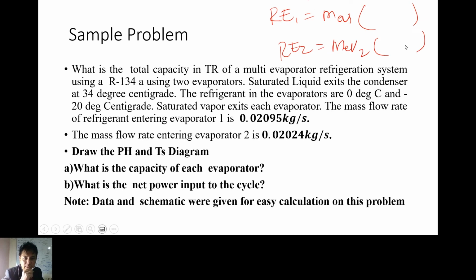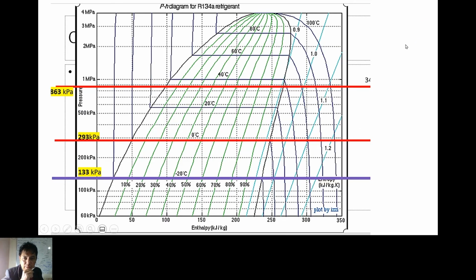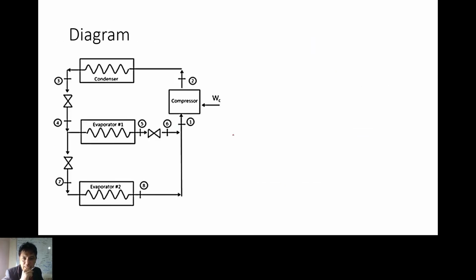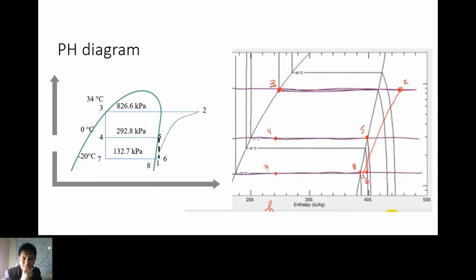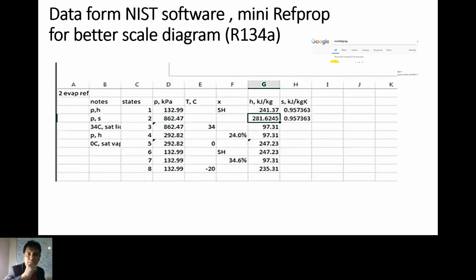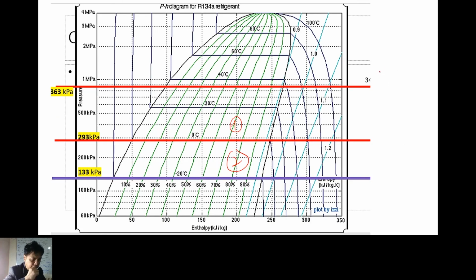So tingnan natin dito sa diagram. Kung ito yung pH natin, ito yung ating 1. Halimbawa, ito yung ating 1, ito yung ating 2. Tama ba yung designation natin? 1 tsaka 2, tama, no? So, this evaporator is 1, this is 2. So, how do we get the refrigerating effect? Sundan ko lang to. So, the refrigerating effect of evaporator 1 is